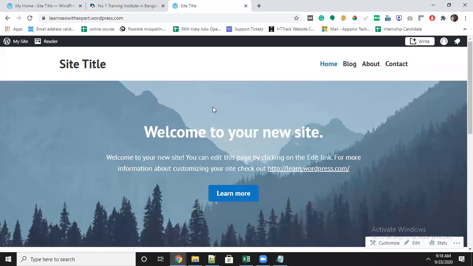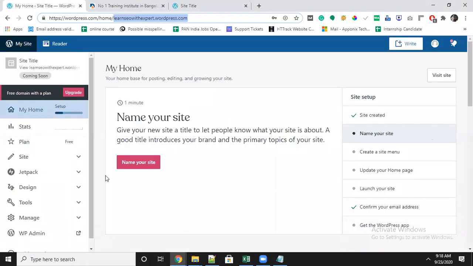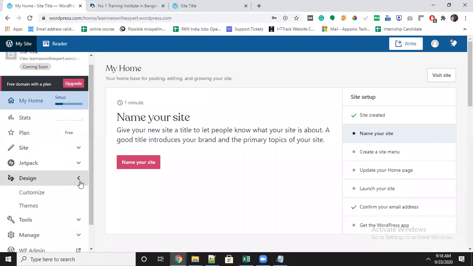Here I will update the title and menu, and I will explain how to do it completely. How to edit it and how to change the themes if you want different themes. Okay, for that we have to come to admin again. For the designing aspect, you have to come to design and go to customize.